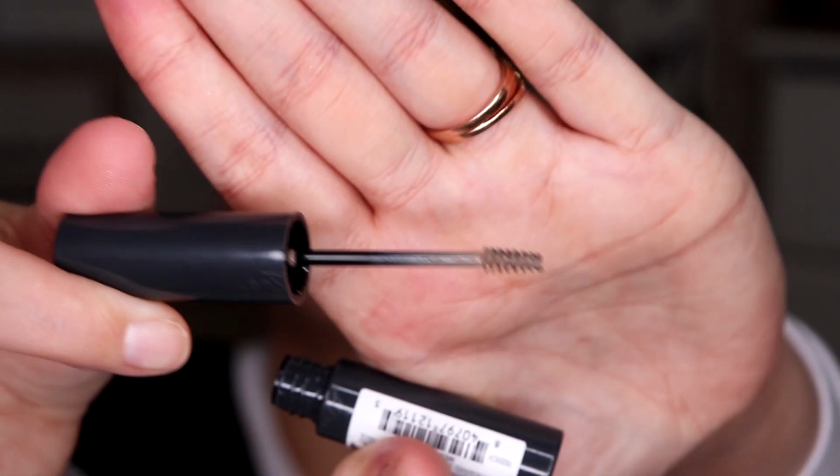Also got a brow gel in light brown. I may use it on the other brow just to see the difference. This is the brow gel. We're just gonna go in and see what it does. This is definitely a lot lighter. Let's see what happens if I kind of...